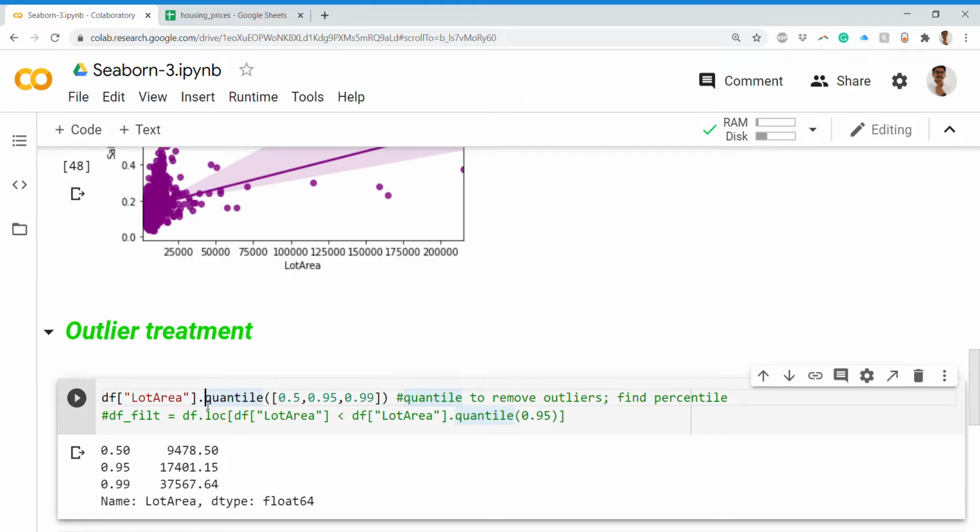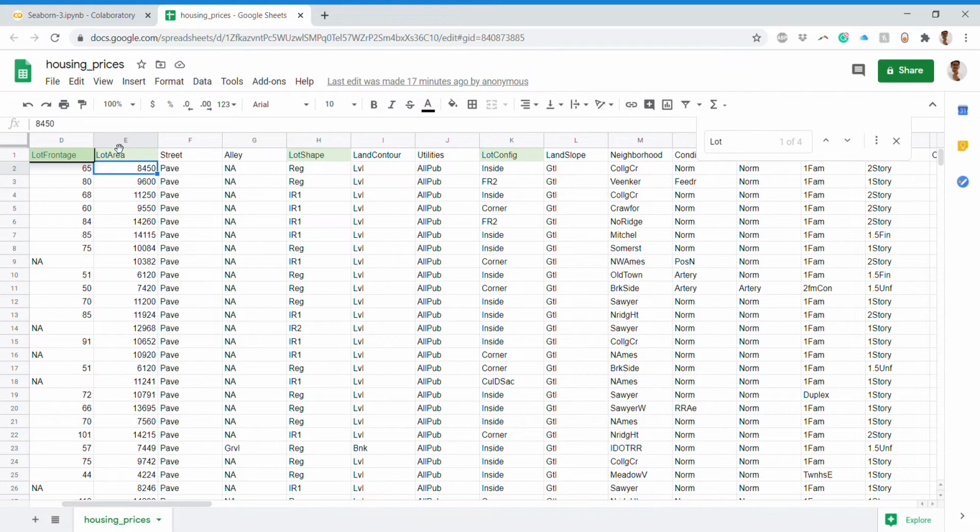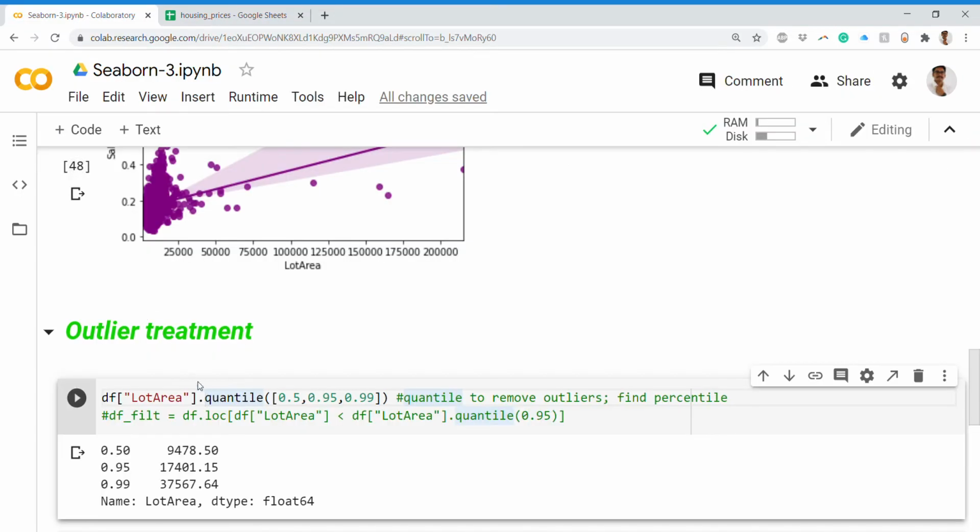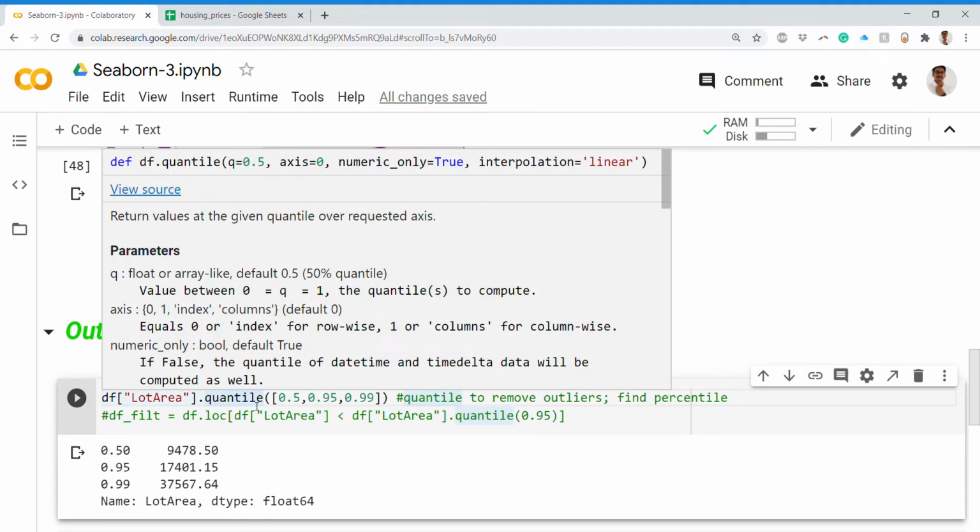That is a brief reminder I want to give. This outlier treatment is with respect to one particular column, this column. To it I'm applying a function, a quantile. Quantile, as you can see, returns values at the given quantile over the requested axis.